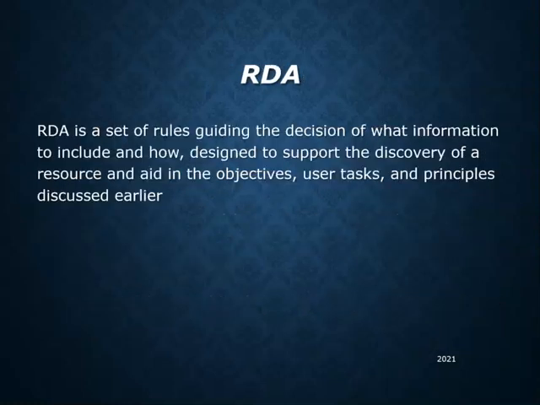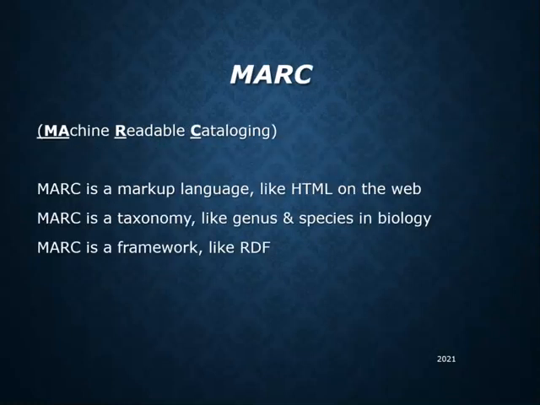We will deep dive into this more starting next week, but RDA is the current set of guidelines in use in the United States, which tells catalogers how to describe resources and where to put the parts of the description. The description of object characteristics is held and arranged in a software framework called MARC, which is an acronym for Machine Readable Cataloging. MARC seems like an unusual or even nonsensical thing, but the same could be said for any programming language, taxonomy, or framework.